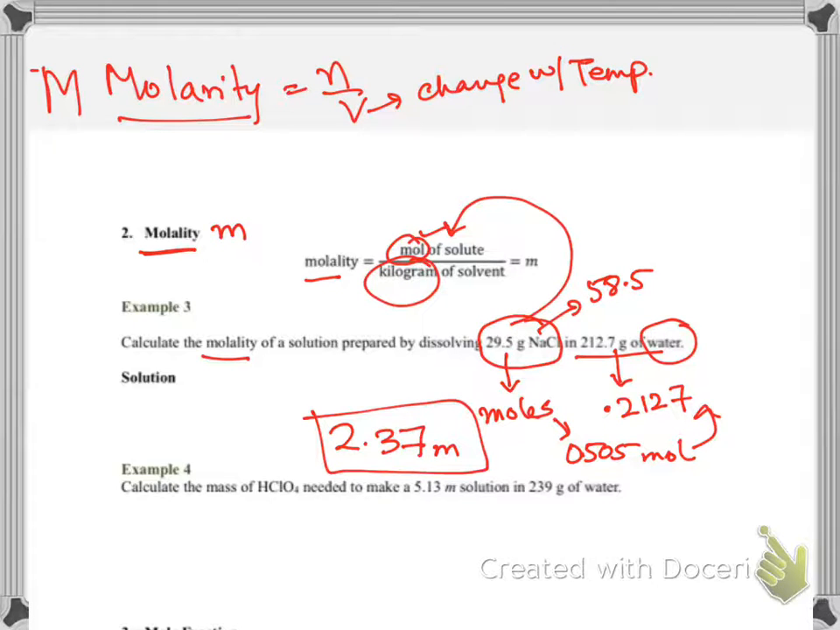So if you look at this question, calculate the mass of perchloric acid needed to make a 5.13 molal solution in 239 grams of water. So if I go back and write down the formula, molality equals moles of solute divided by kilograms of solvent, and the solvent is given here, which is 239 grams. In kilograms it is 0.239 kilograms. And I'm also given molality